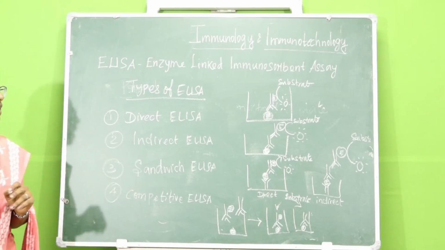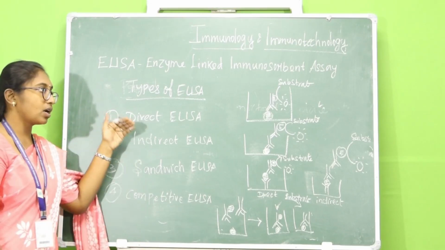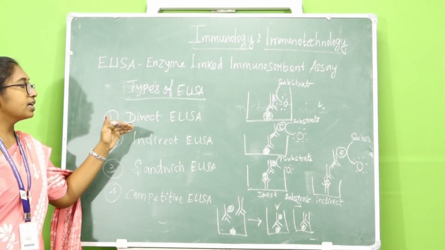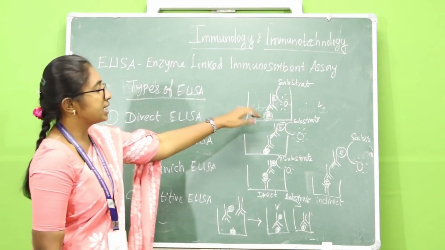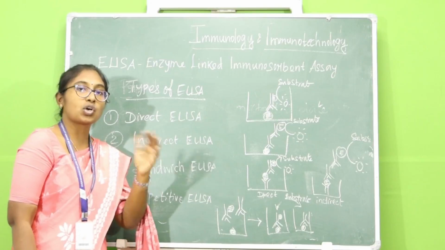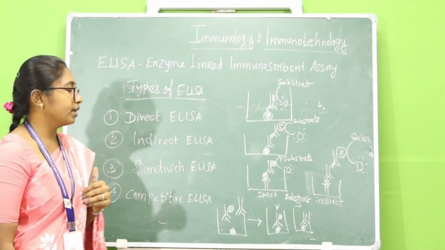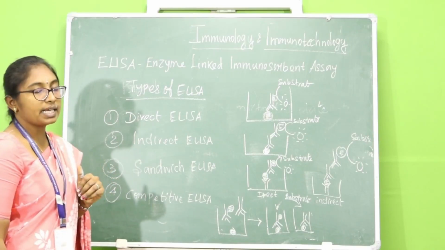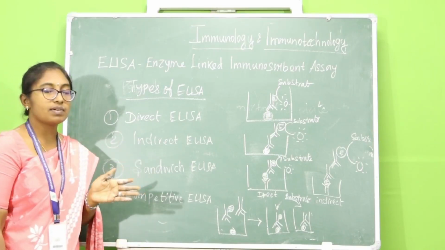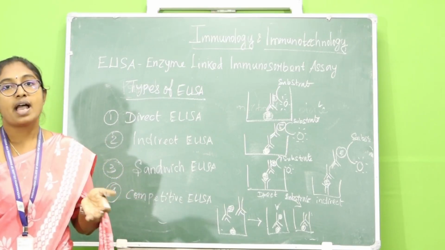When we talk about advantages, direct ELISA has more advantages, but it also has disadvantages, like a fight for the site on an antigen. In indirect ELISA, the secondary antibody can cross-link with the antigen and show a false result. So usually direct ELISA and indirect ELISA are used. It's a fast and effective method to find the concentration of an antigen and